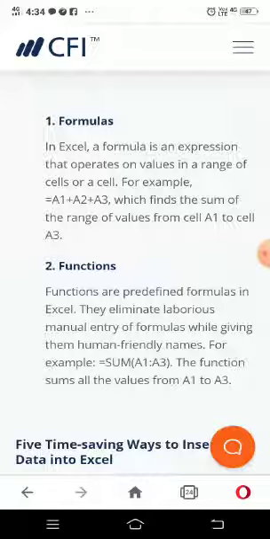By calling that name, we can easily do addition, division, subtraction, all the operations with the help of the function name. So here we are using SUM. SUM means the addition we are going to do with the help of the function name.